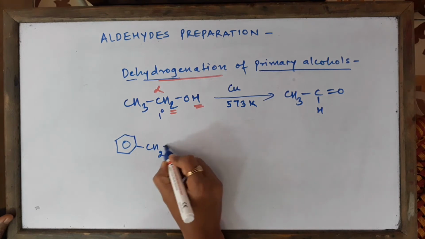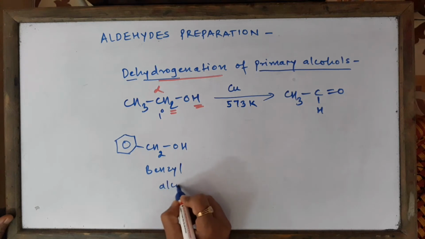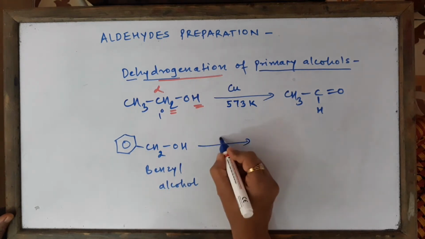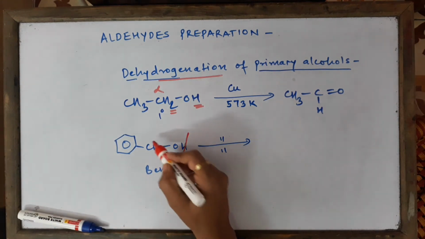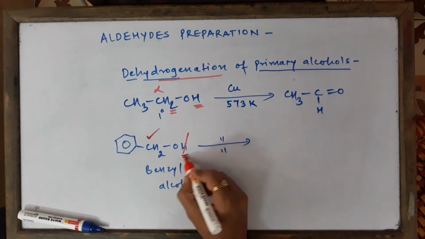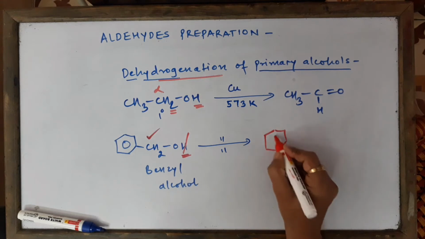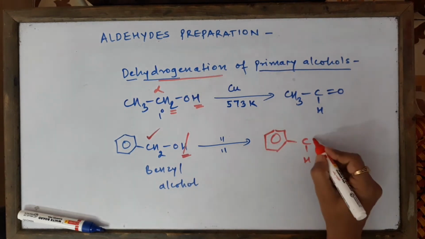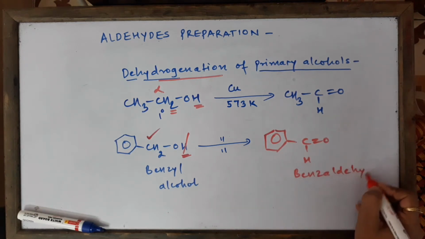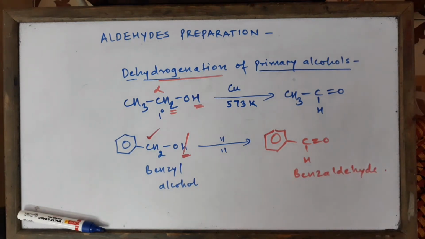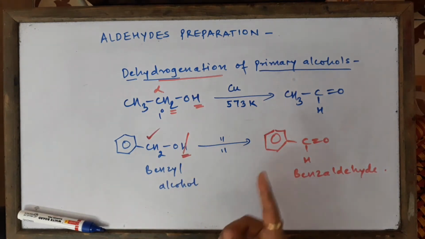So you can employ this method for any kind of primary alcohol. Like for example, I'm using benzyl alcohol. Just heat it with copper at 573 Kelvin, and you're going to knock out this alpha hydrogen atom from here, and this hydroxyl hydrogen from this side, okay? And simply you get the compound called aldehyde, and its name is benzaldehyde. Look at that. So I think this is not very challenging for us to understand. So this was one of the methods. It was a very short method. Let's go to the next method.